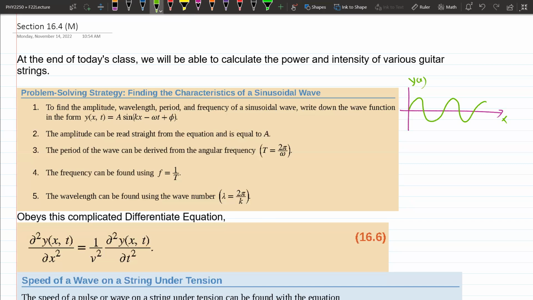But there's some complication inside that sine wave because here you have this factor called the wave number, k. k is not the spring constant, right? Times the position, so it's basically a sine wave as a function of x. But it's also a sine wave as a function of t, where t is multiplied by this angular frequency. They actually mean the same thing if you compare them to simple harmonic motion. So if you plot this versus time, you will see the same function,